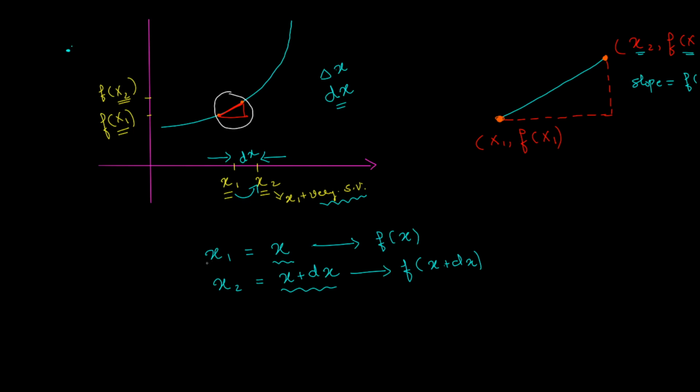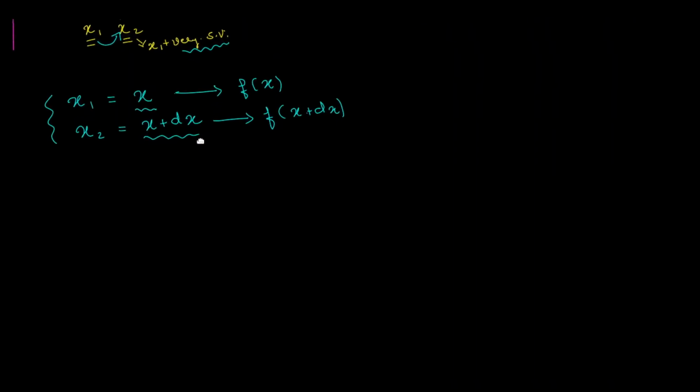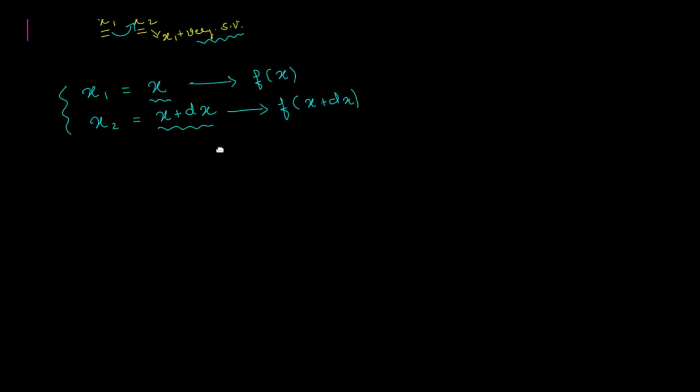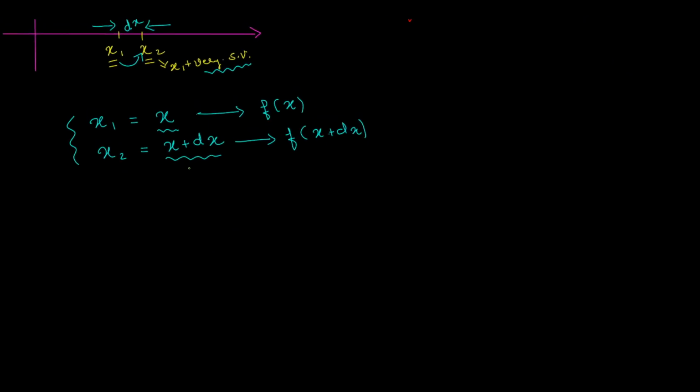And this brings me to a very interesting discussion. Now please listen to this part carefully, right? I'll just rewrite these terms here. One last time, I'll remind you that this right here is nothing but your x1, this right here is your x2, this right here is your y1, and this right here is your y2. And do not forget that your good old slope expression, you can easily find.